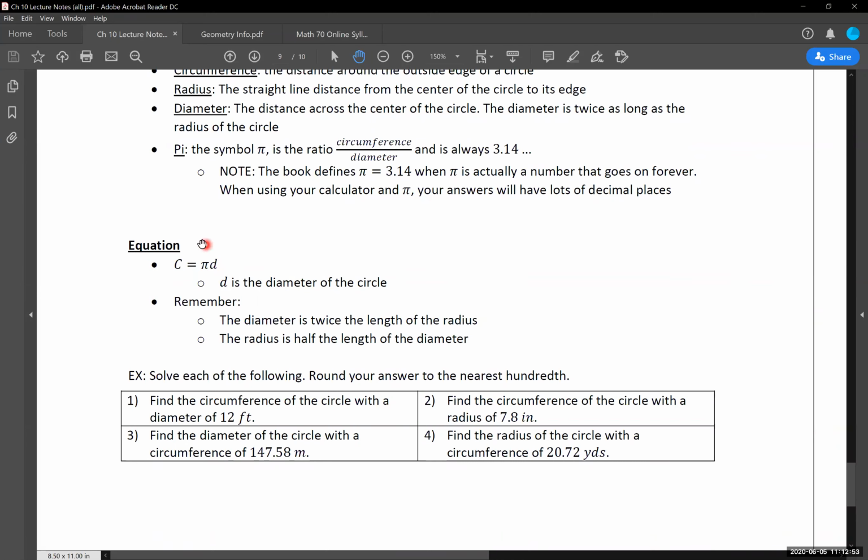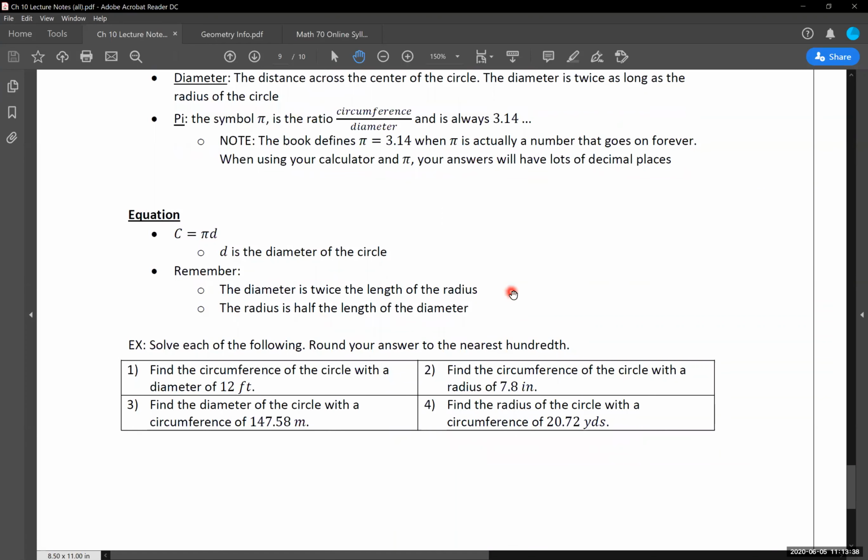Now remember, just because it's written this way, we do know that we can interchange the diameter and the radius based on what we have been given. Remember that the diameter is twice as long as the radius, or vice versa. The radius is half the length of the diameter, which means just because it's written this way doesn't necessarily mean we are always going to be given the diameter explicitly of that circle. We might have to work with rewriting our radius and diameter based on the information that we have been given. And we're going to see that this is going to show up in 10.10 as well when we're working with the radius of a circle too.